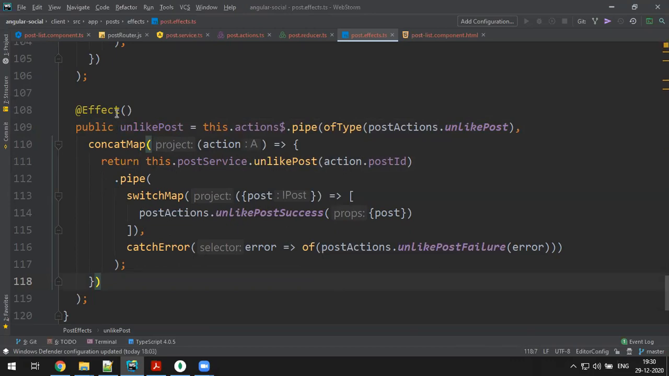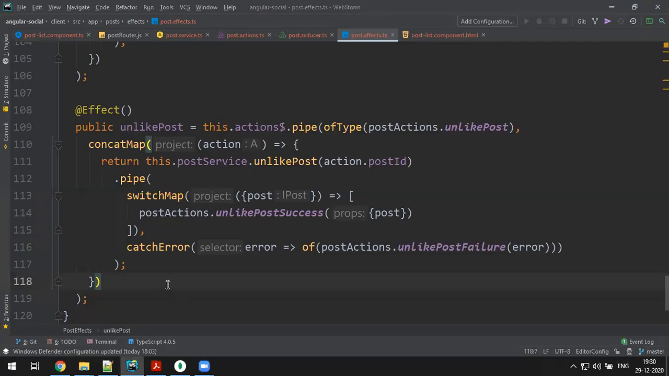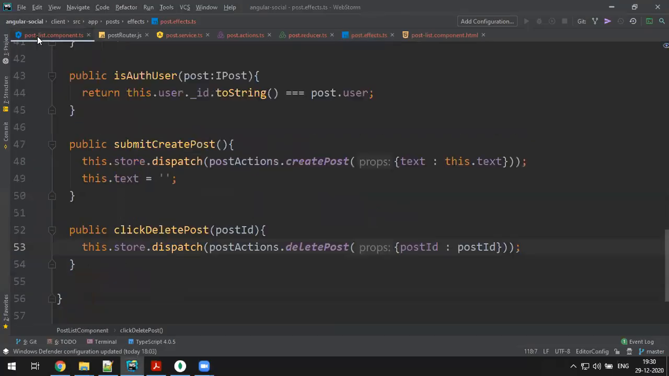Done with this. So click on the button, make it like and dislike. Okay, you can only like once. You can't make multiple likes for a single post. Only one user can make only one like. We made that logic in the backend, but this should work according to that. Go to the list component.ts file,